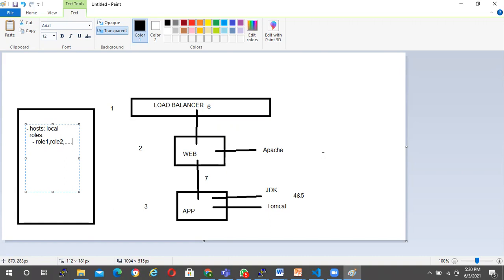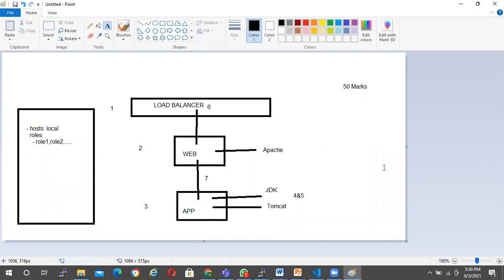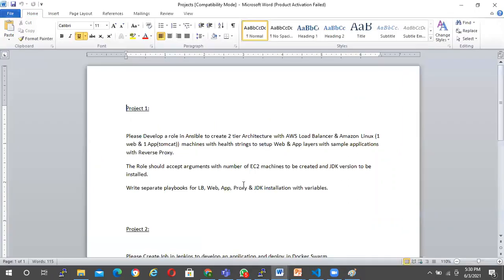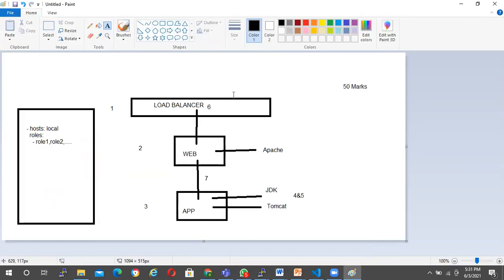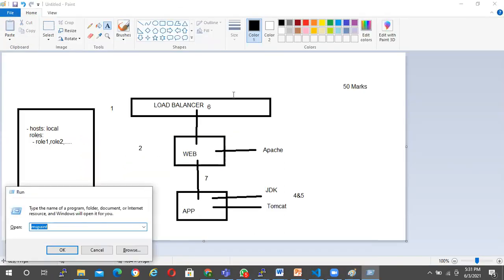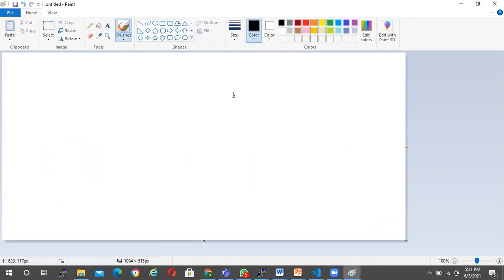So total marks will be 100. So this is 50 marks. Right? A 50 marks question. And the second one is a very extremely simple one. No questions right here. Okay. So the second one is